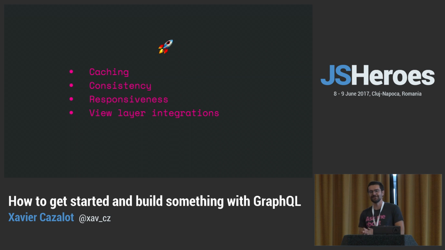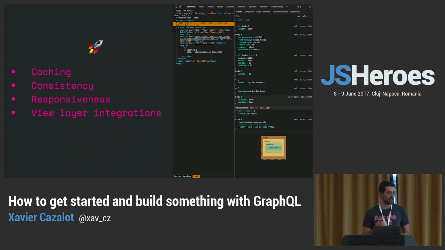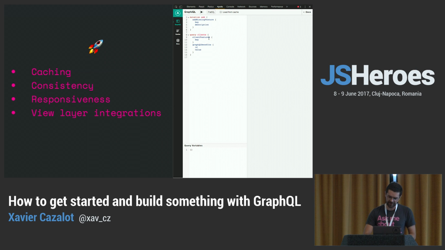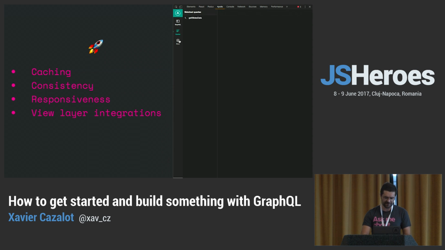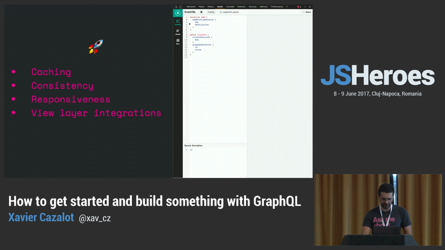So here is my list of features of a GraphQL client, and there is another one. Actually, this presentation is built with React, and we were speaking of dev tools earlier. There is a really nice dev tool for Chrome called Apollo, where you have this graphical embed. You can see what queries are actually being watched, which helps with consistency and caching. And I can inspect my store, where I see features and some other stuff.